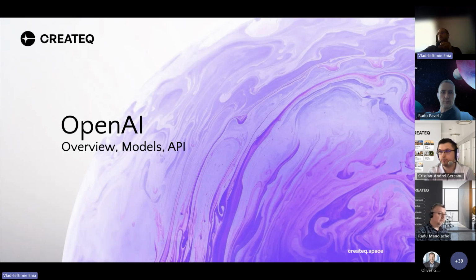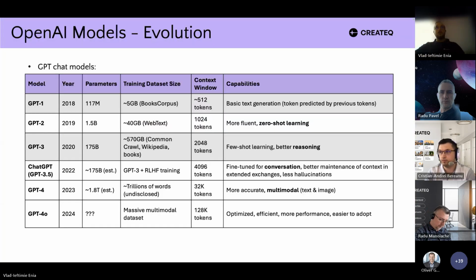Okay. Now, we've seen how GPT models work. Let's have an overview of OpenAI. These are the most important chat models from OpenAI, with GPT-1 that appeared in 2018 with 117 million parameters. So basically 117 million weights.